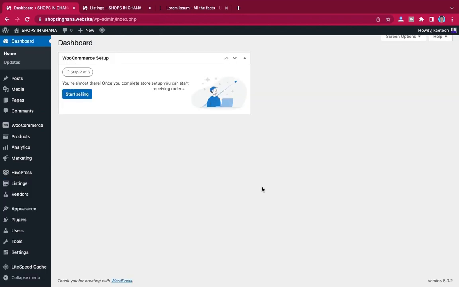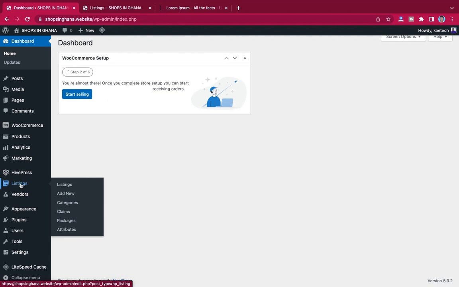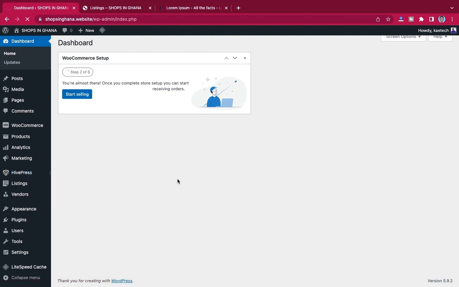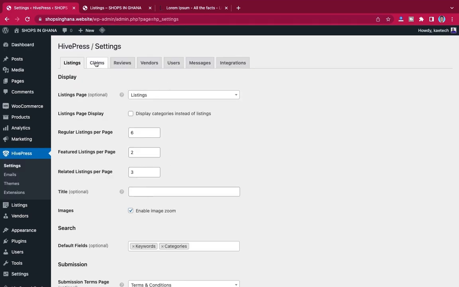Okay, so to be able to let people claim their listing on the website, what you have to do is some settings. Now if you look at the ListingHive listings over here, this claim will list all the claims that have been claimed by different users of the website. But to be able to solve the claims, to let people pay for the claims, you go to settings. Let's add the HivePress over here, go to settings over there,